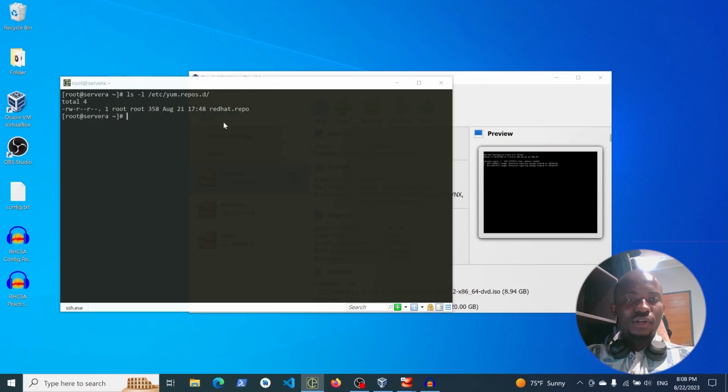So instead of writing manually, if I want to create the repo file for the ISO which I mount, I have two ways to set up that file. I can create it manually. That will be a little tedious, and it will require me to remember every key which must be in that file. And the second option is to use the command dnf